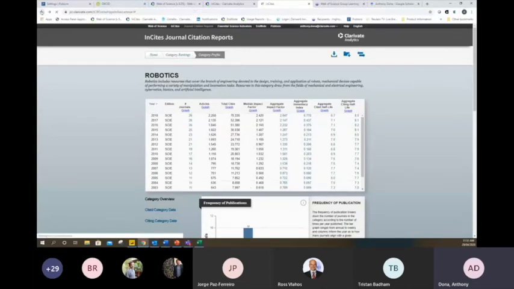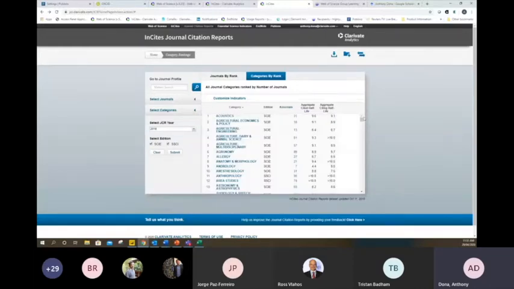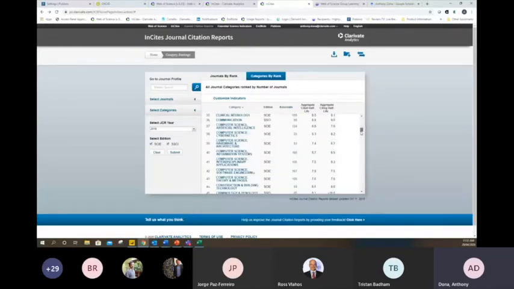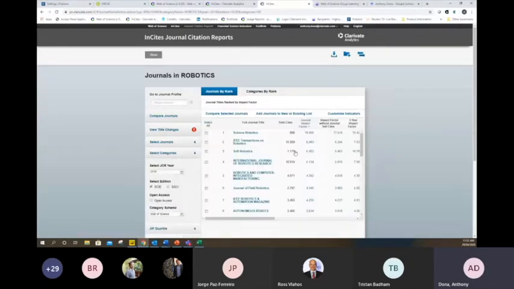If I go back to robotics here, I'm going to click on the category again and just alphabetize that and scroll down. If I go back to robotics and click on the 26, I'll actually get a list of the 26 journals that are mapped to that specific category, and the metrics around each one of those journals. So if I was in robotics, for example, I'm now getting the robotics journals ordered by impact factor.